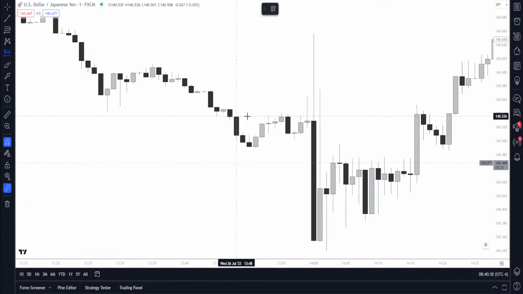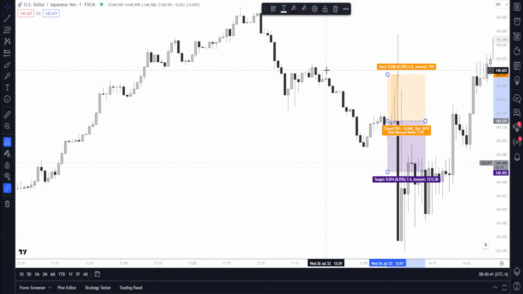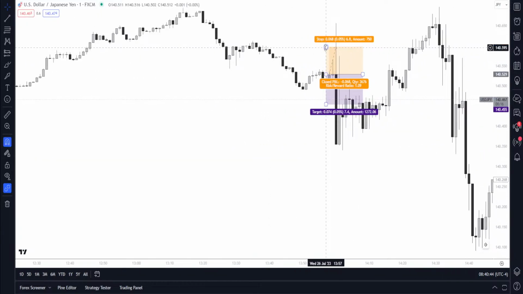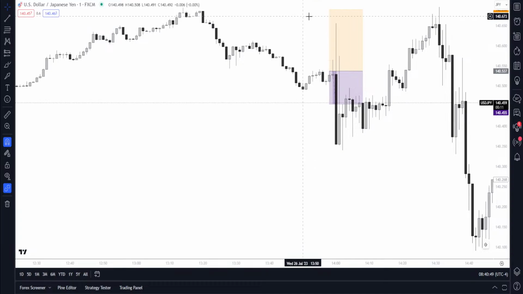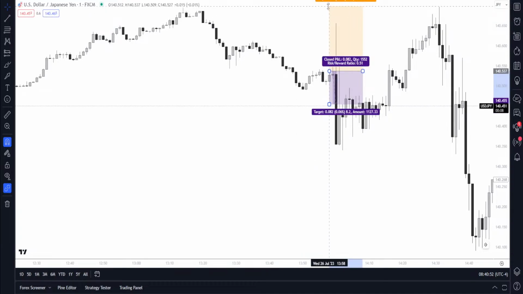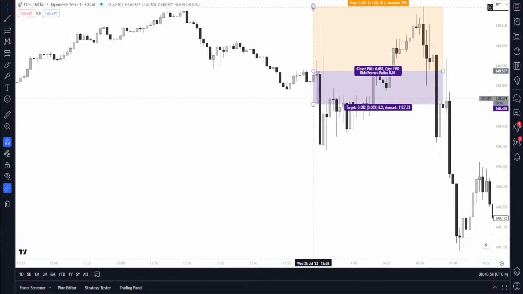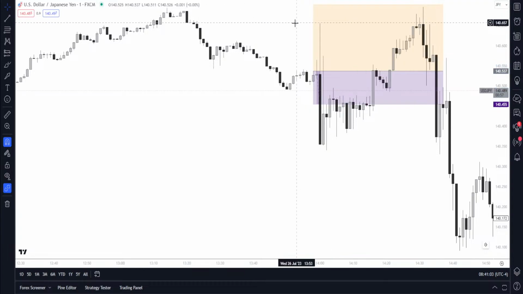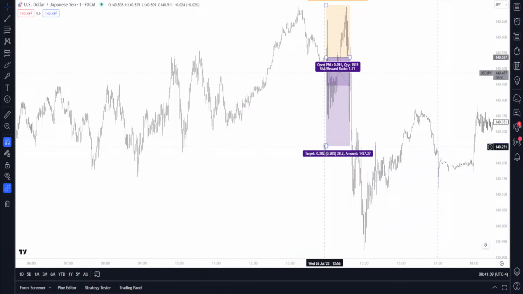It was somewhere right here, or even a little bit lower, or maybe around here, I'm not sure, but either way my stop was 16 pips. Price never hit my 16 pips, but it was like 1 pip away, so maybe it was something like this. TP was obviously 3R.